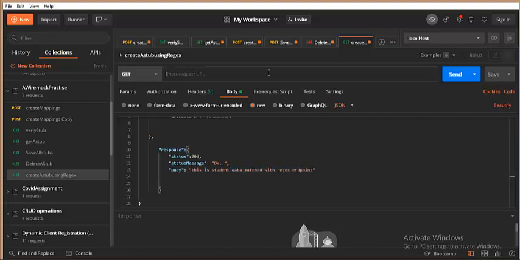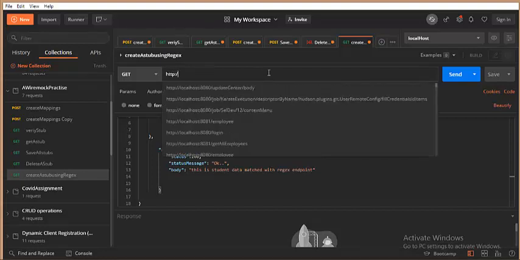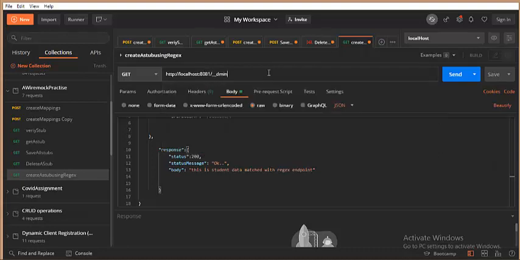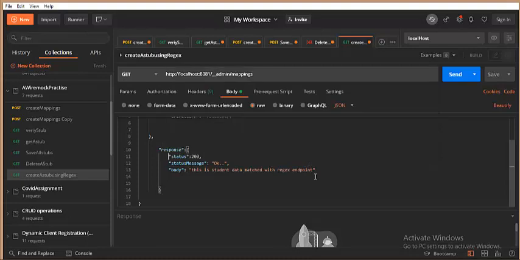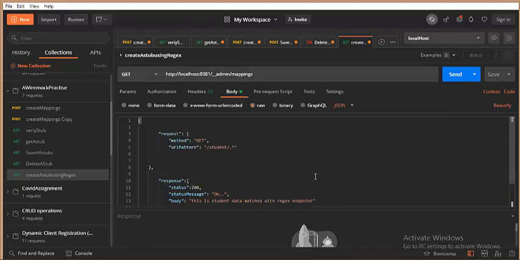Now let me create this stub: http://localhost:8081/_admin/mappings.